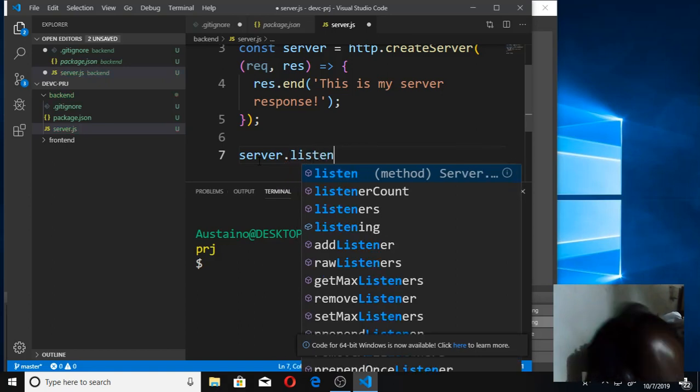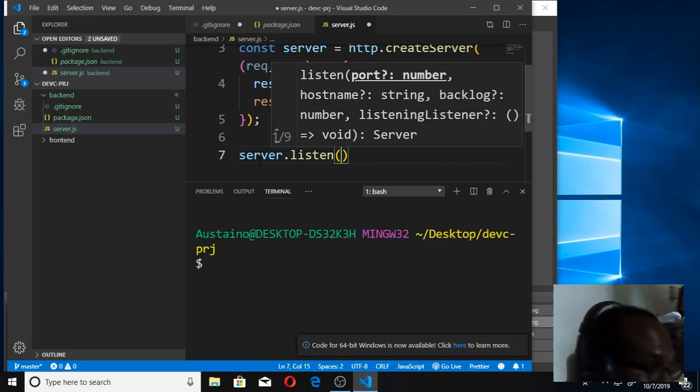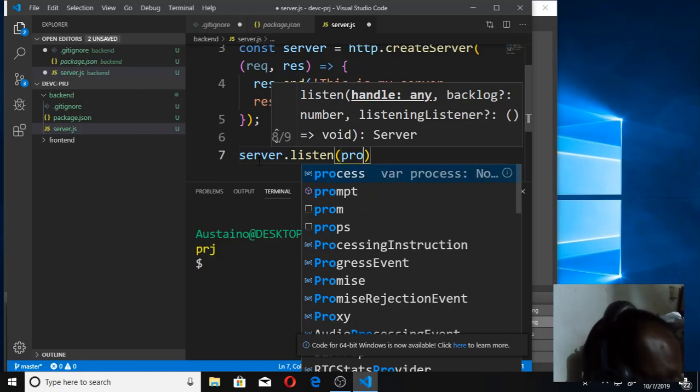So the server does listen. Where is it going to be listening? You either give a specific port where you want it to listen, or you can give a specific port as well as tell it to use the environment port in case it is hosted. If it is hosted, it's going to use this environment port, which we are going to say